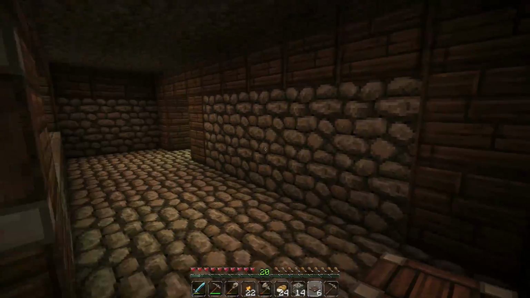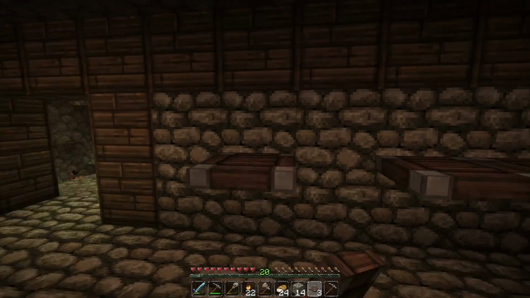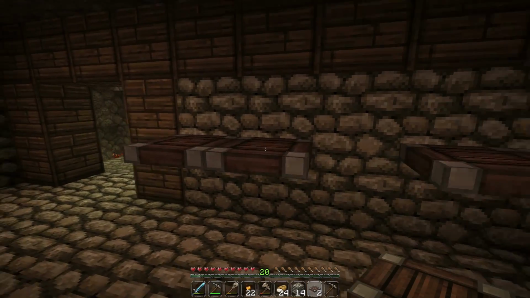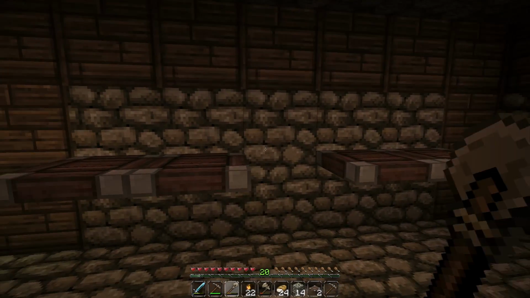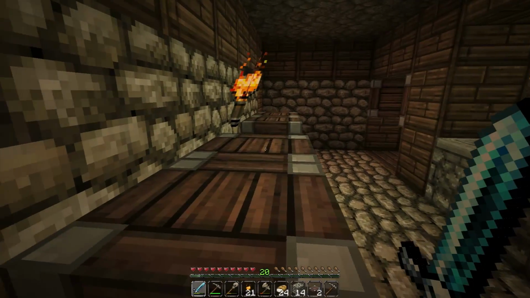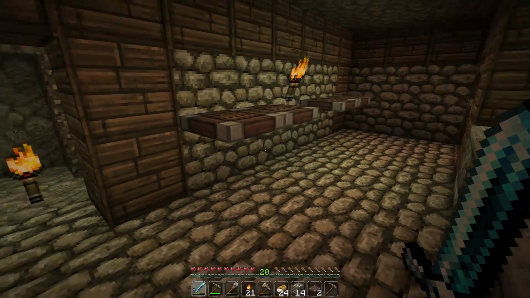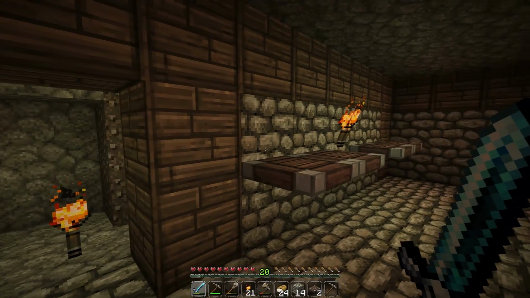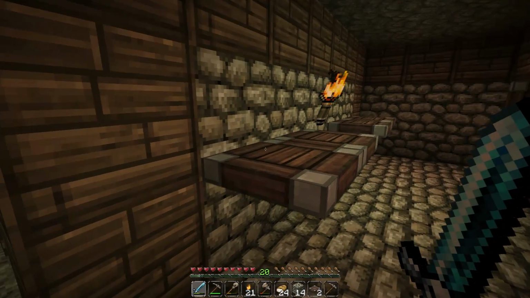Basically, all we want to do is give it a little bit of a shelf, although the shelf's kind of lower than I wanted it to be. Yeah, that should look alright. Just stick a torch in the middle there. So yeah, this is basically a sort of shelf. All the booze will go on there. I don't know what I'll put down here. I suppose if anything I could have got rid of this and...